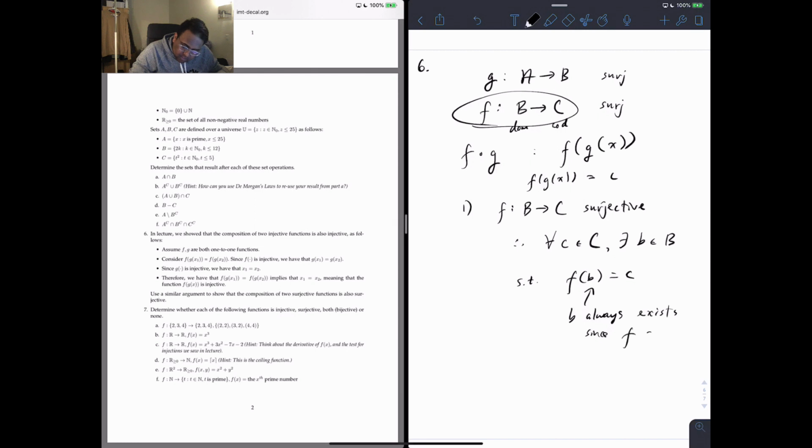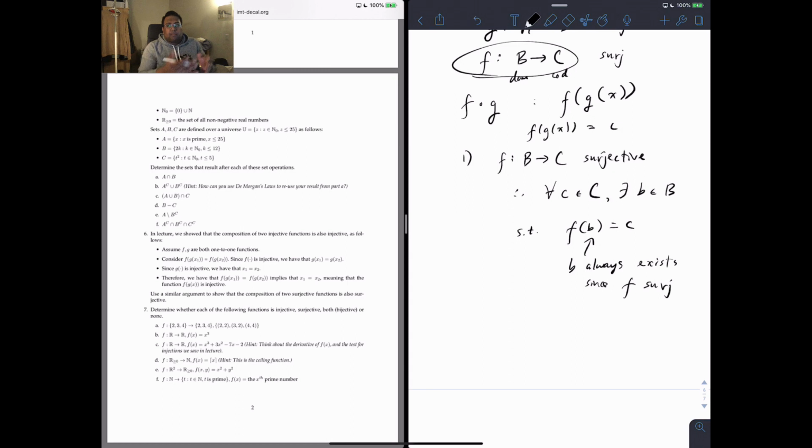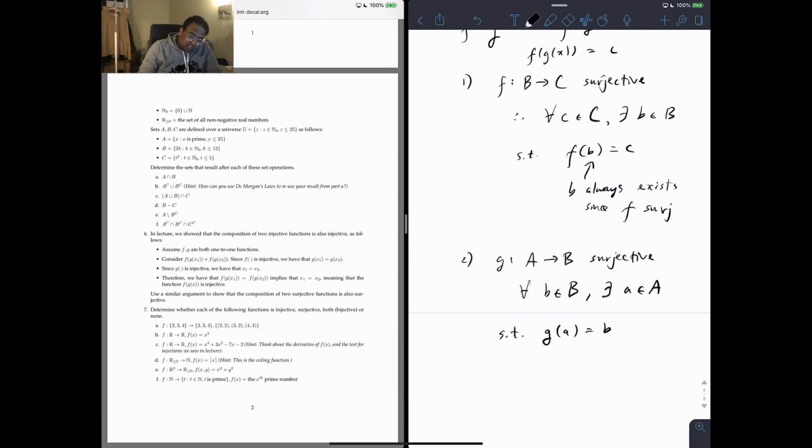Since f is a surjection, we're already given that. So this means that we know there's some number b that I can pass into f to get my output of c. Now I'll do this again. Since g going from A to B is surjective, I know for all b in the codomain of g, notice that this was the domain of f, but this is the codomain of g, there exists some a in the domain of g such that g sends a to b. If we put these two statements together,